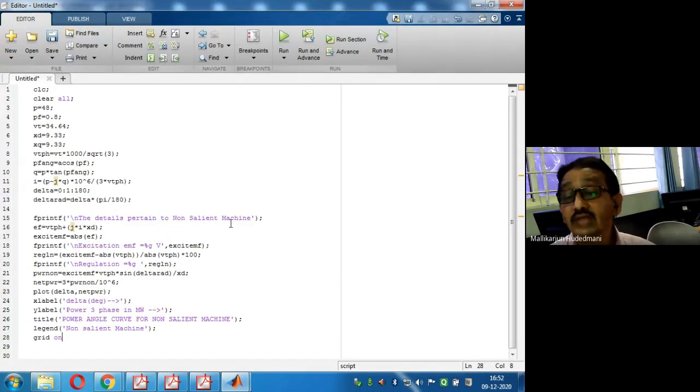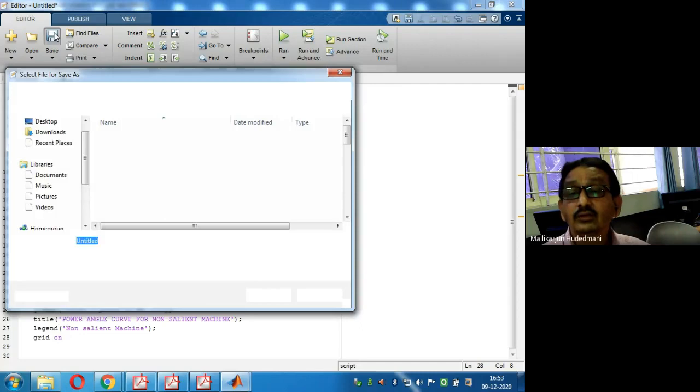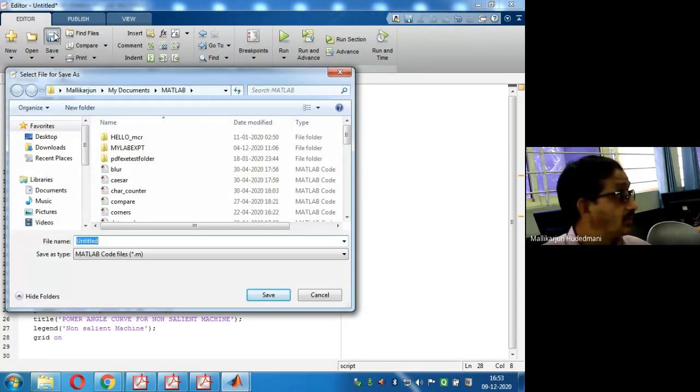Now I want to save it into my folder. To save into my folder, what I should do? Click save. Automatically, it will ask you to save in a particular path. Now you have to browse your folder in an E drive, F drive, where you have kept your named folder, USN, something like that. If you have not done it also, not an issue, but you should save them in a particular folder only.